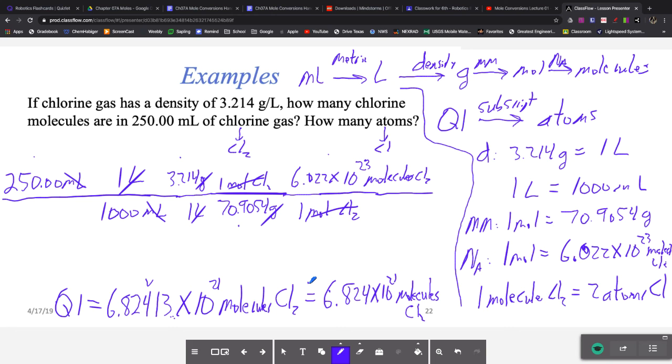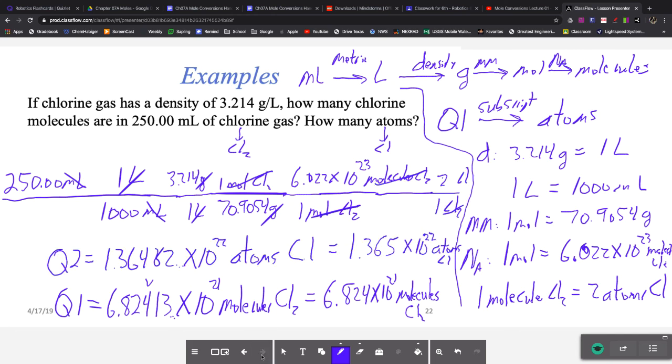Now, the second question asks how many atoms. So then we throw in another conversion factor at the end, right? For every 1 molecule of Cl2, there are 2 atoms of Cl. So molecules of Cl2 cancel, and we're left with atoms of Cl. So basically we take our answer and we multiply it by 2. And so we get our answer to the second question,